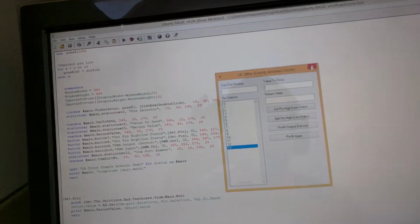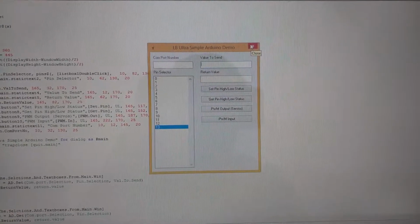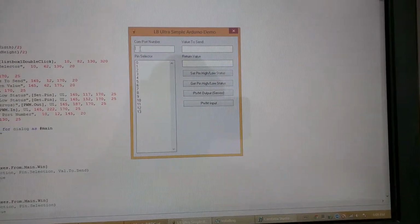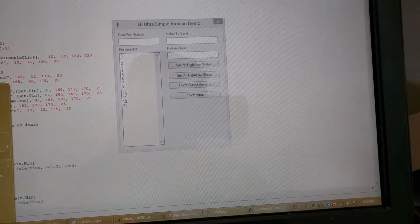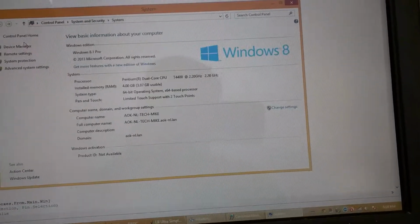So what I'm going to do is pull up the example here. So this right here is the example program which I wrote to use the library, and I'll go through kind of how it works here. So I'm just going to go and run it. So what it does is it brings up the Arduino demo. Now in this particular case, I'm just going to go and pull up my serial port